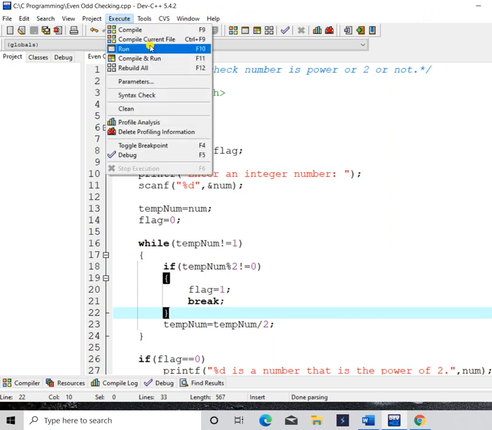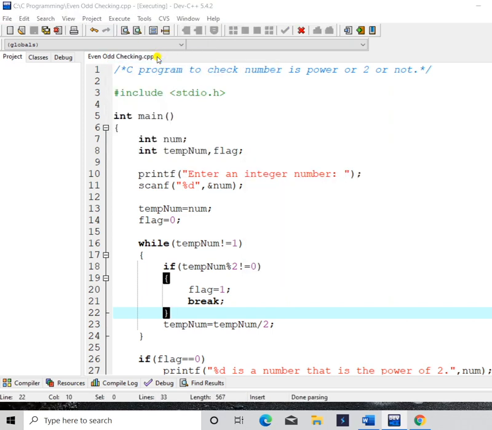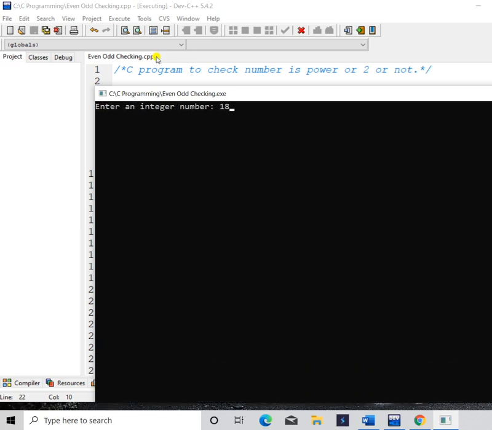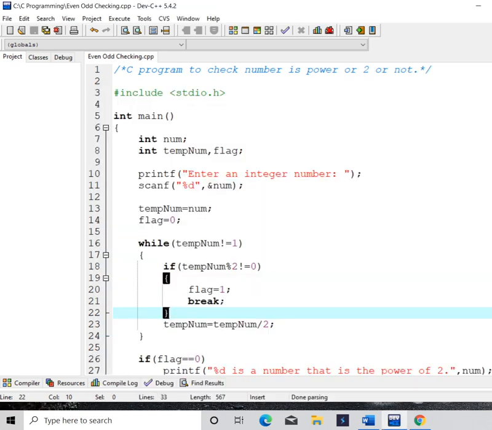Again I am going to take an even number, but not the power of 2. Suppose I am taking 18. Enter. 18 is not a power of 2. So the program is all right.